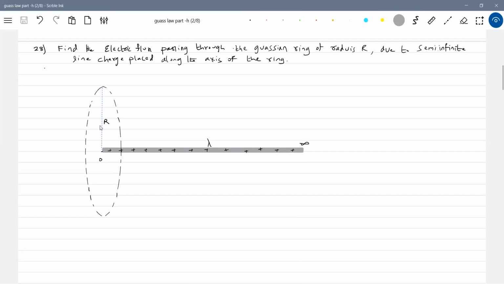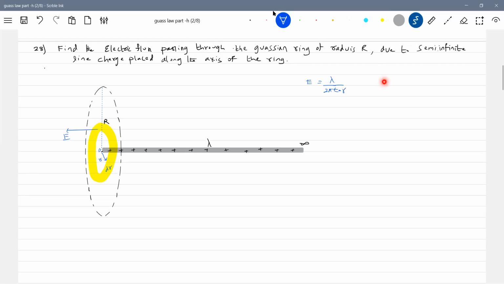Next, find the electric flux passing through the Gaussian ring. You know the electric field due to a ring. So at a distance, here you assume a ring of radius r. I expected such numericals students are supposed to solve after discussing so many. How is the field at every point on the ring? It will be different. So what is the electric field? E equal to lambda by 2 pi epsilon naught r. And now it will be perpendicular to the plane of the ring.